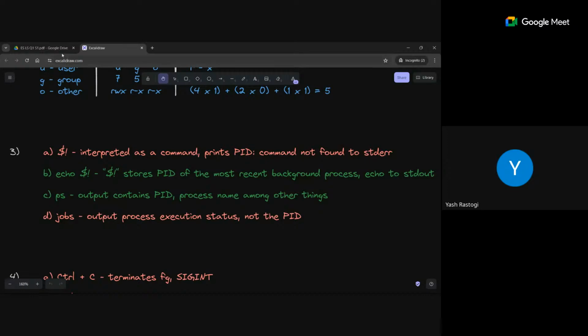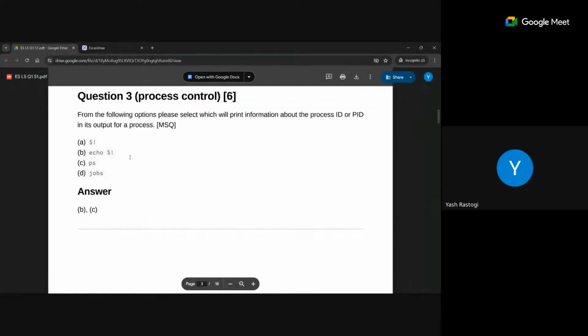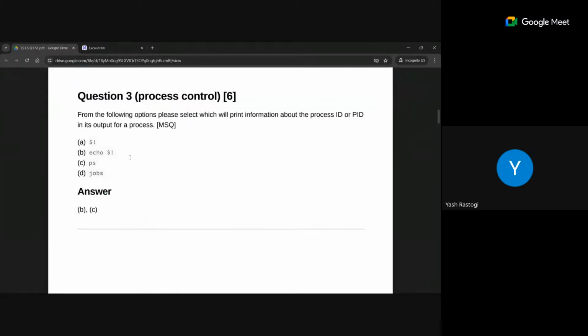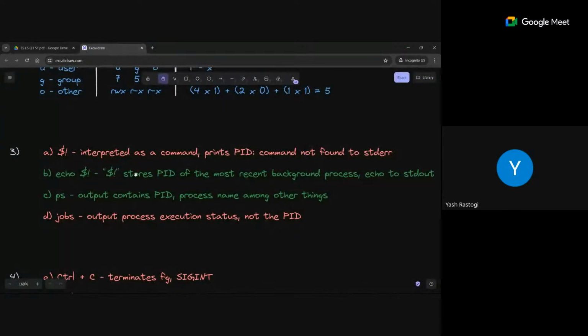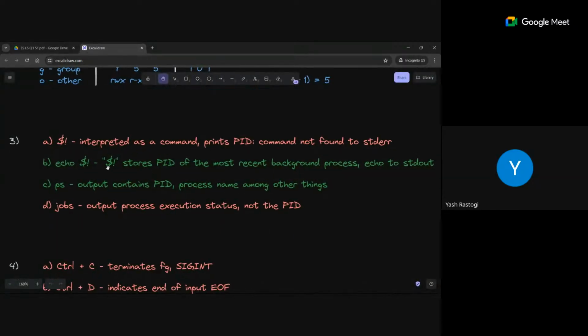Yeah. Right. Okay. So question 3 is from, I believe, week 3, which has process control. So this is just a question from that. It's also another theory one. $! is an environment variable which stores the PID of the most recent background process. And $!, if you put it by itself, then it will be interpreted as a command, and it will print